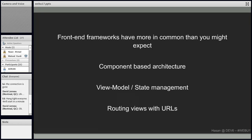So that's a little bit about background about me. Let's go back to this topic of front-end frameworks and Angular and React. Just before we get into how they're different, I'm going to talk a little bit about what these frameworks